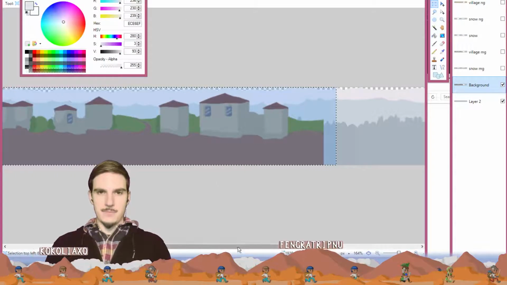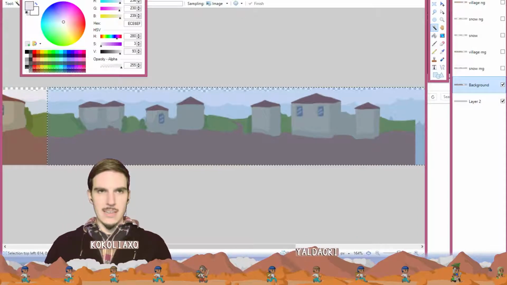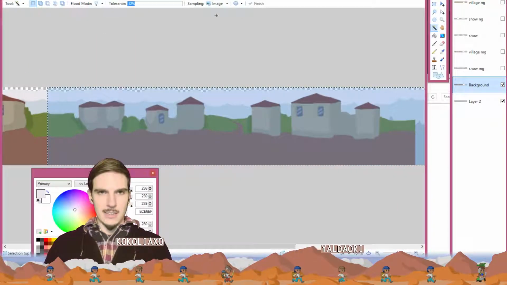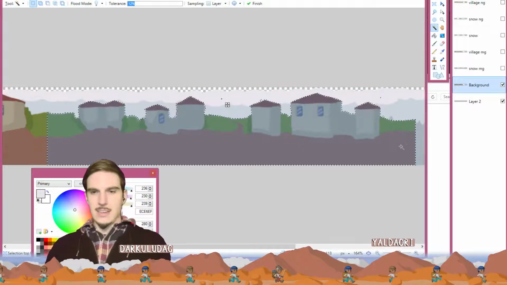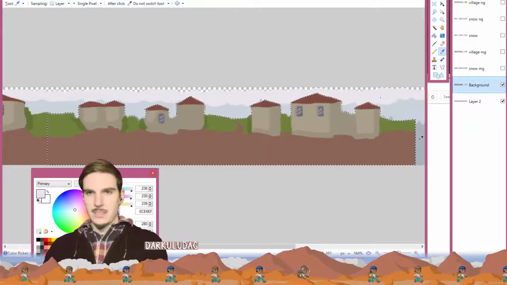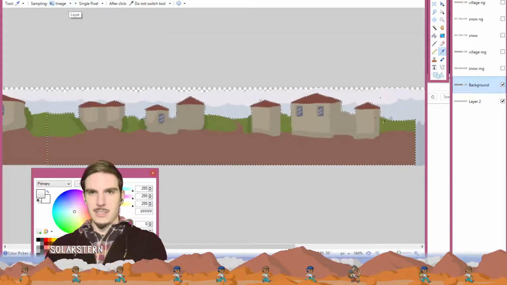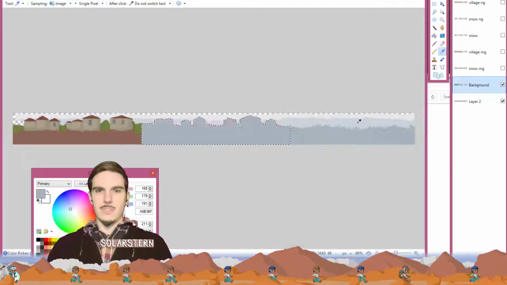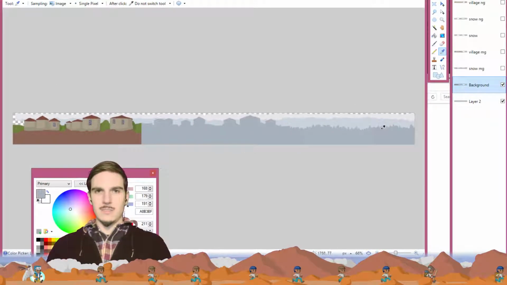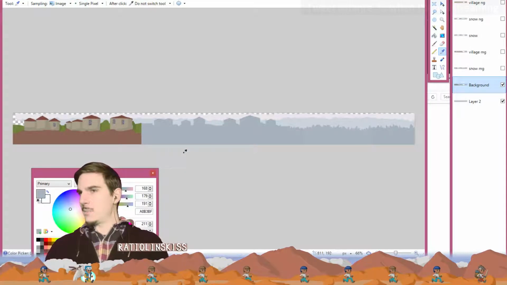Deselect. So from layer, select sampling from layer. Let's deselect the background, and now let's color pick this color from the image, not from the layer, and let's just white it out. So it's not gonna be such a hard line here, but